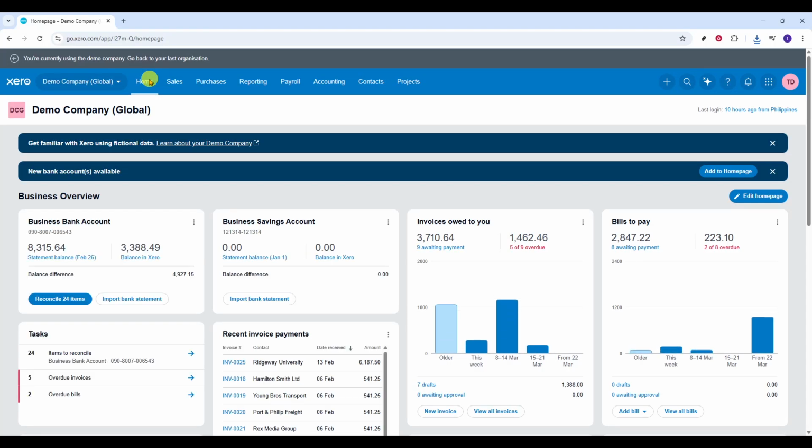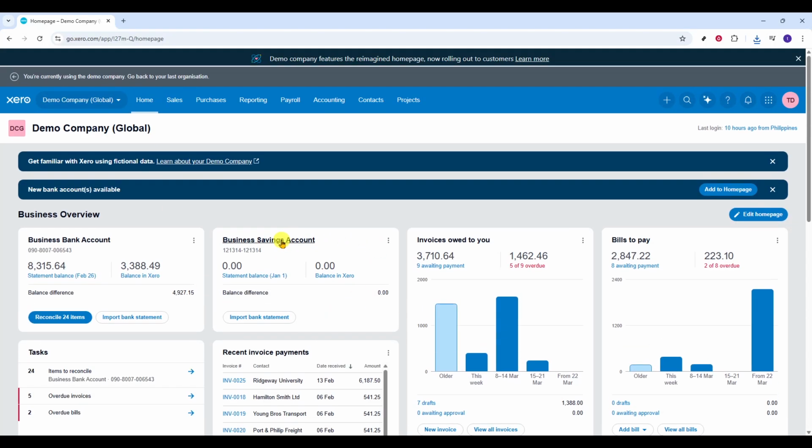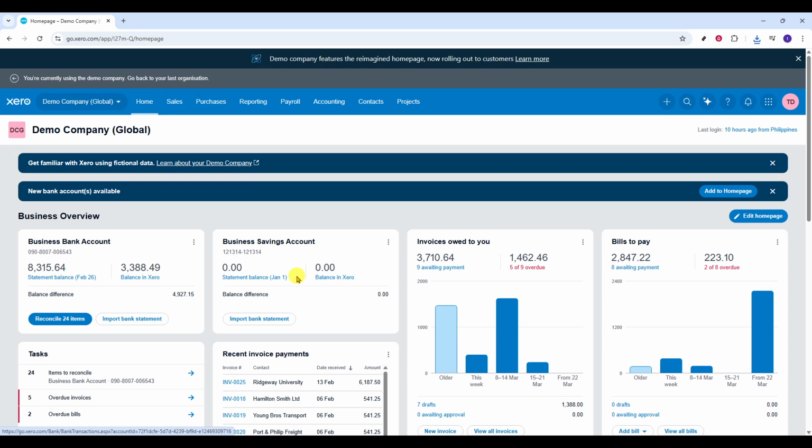Hi guys, in this video, I'm going to teach you how to export bank statement in Xero. Let's get started right from the Xero homepage. Make sure you're signed in and looking at the correct organization. If you're following along in the demo environment, the layout will match closely to what you see in your own